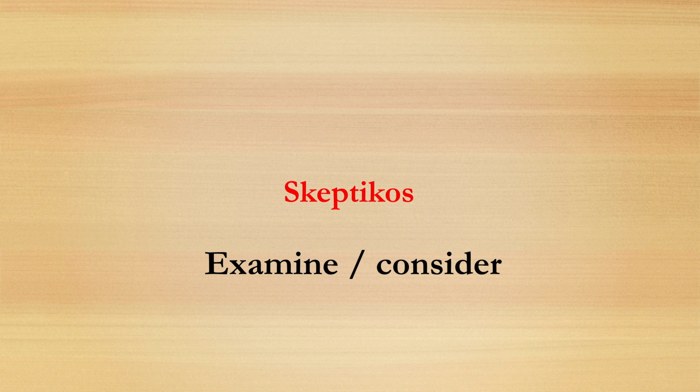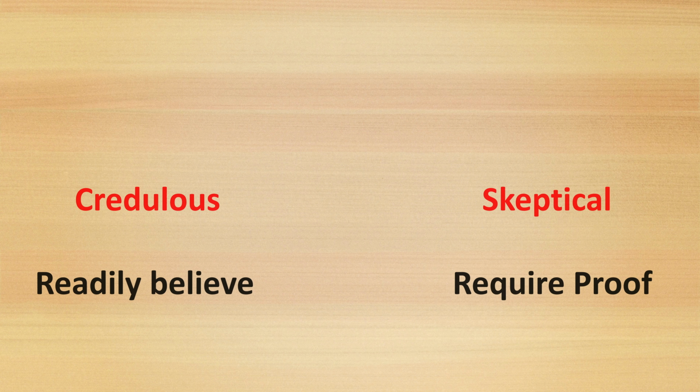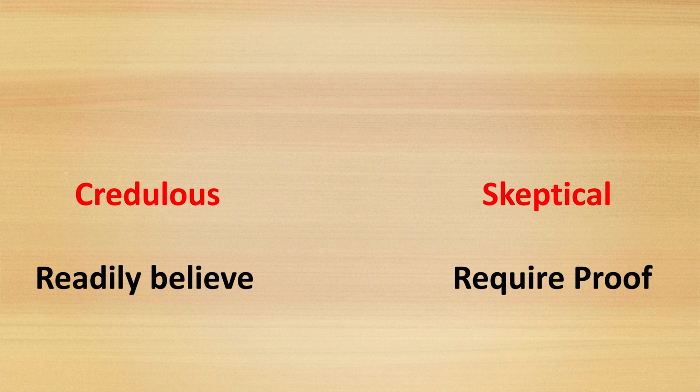Being skeptical is generally positive and useful. For example, a police officer, a scientist, a journalist should be skeptical to reach the truth. But sometimes it can be negative when it is excessive. The opposite of skeptical is credulous. A credulous person is overly trusting. They readily accept whatever is told to them. But the skeptical person questions and doubts everything and requires proof.